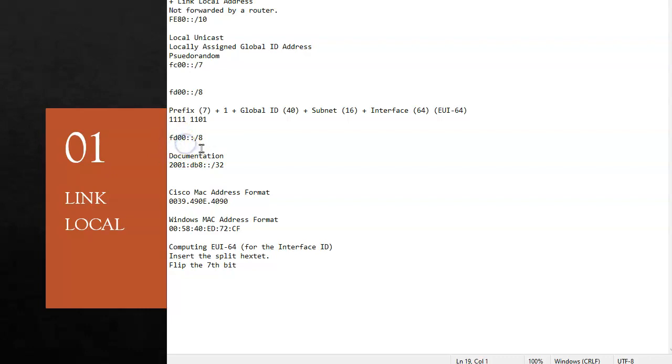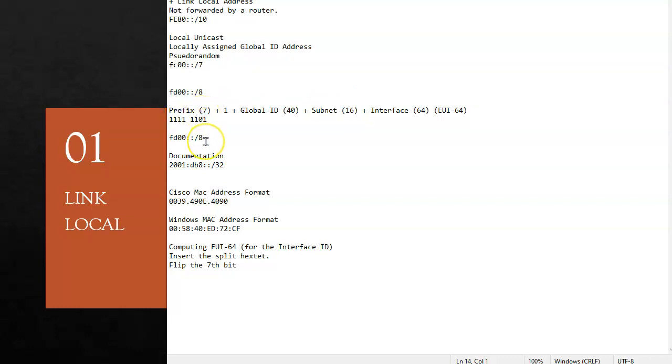Okay, once I have these 8 bits right here, I create what's called a global ID, which is 40 bits. When I combine it with the prefix, that's 48 bits. And then I have a subnet, which is 16 bits. This is the first half of my 128-bit address.